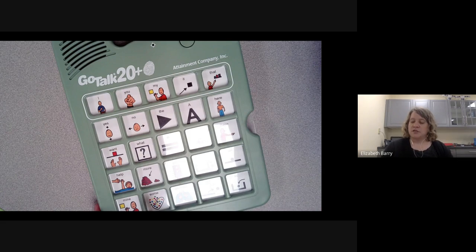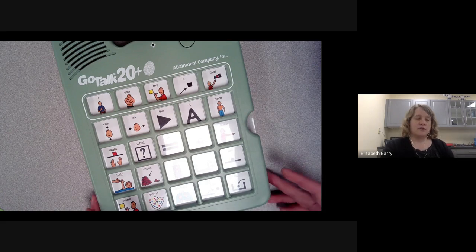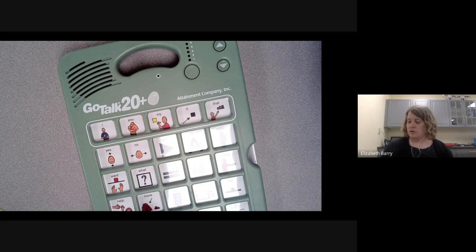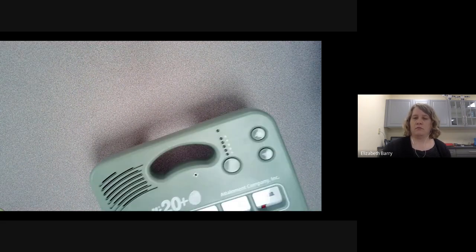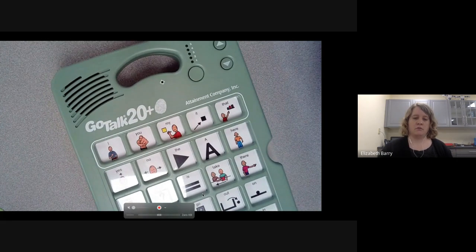Are there any questions about those 2 devices or communication in general? No? Okay. Not seeing anything in the chat windows. All right. So I will keep going, but always feel free to jump in, because I know we only have about 10 minutes left. So I want to make sure that I show you as much as I can